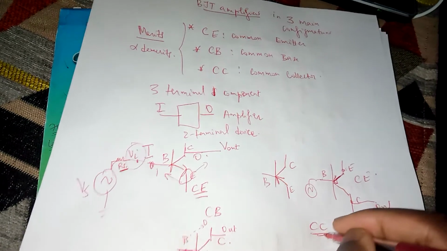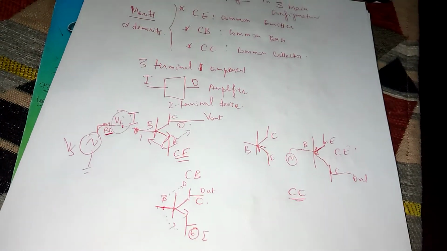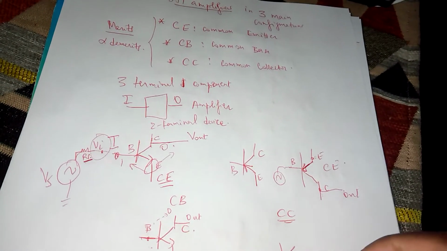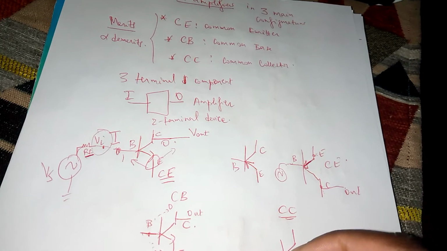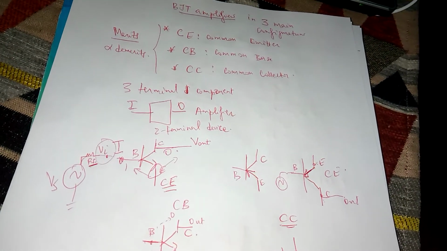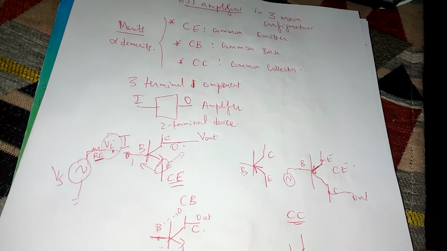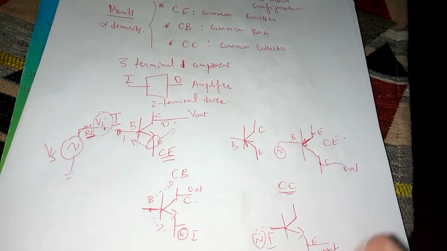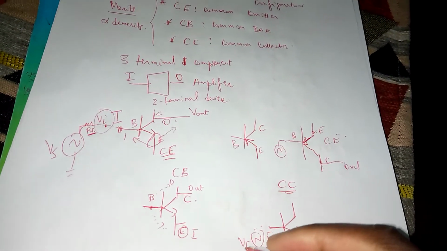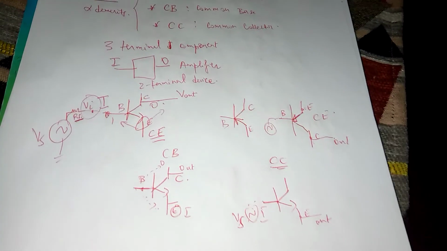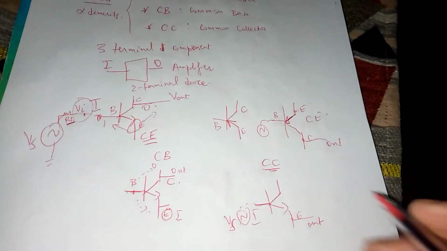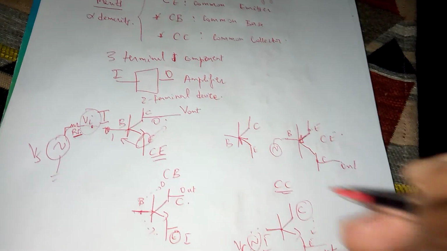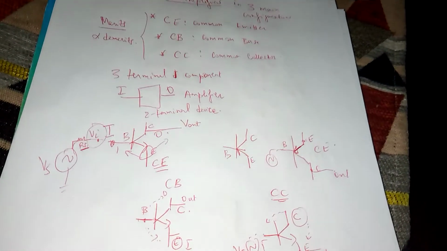In a common collector, the collector is the terminal from which you can observe what's going on at the input and what's going on at the output. So the input comes in through the base, the output is taken at the emitter. There can be a source resistance in between, but the point is the source voltage or source input to be amplified comes into the transistor through the base, while the output is taken at the emitter. So the collector remains the observation point from which you can observe what's going on at the emitter, what's going on at the collector. So that's what we call